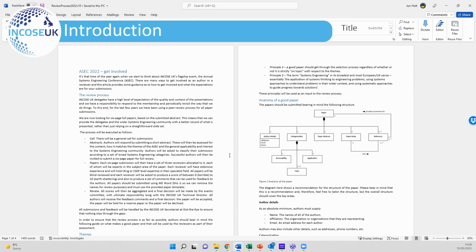So the ASEC each year, we normally have roughly 40 papers submitted to it. Last year I think we had 38, the year before about 37. So it's round about the 40 mark, plus or minus a couple. And you have to bear in mind that only 11 of those papers are going to get through to the main conference. And then we also have 2 reserve papers, and the